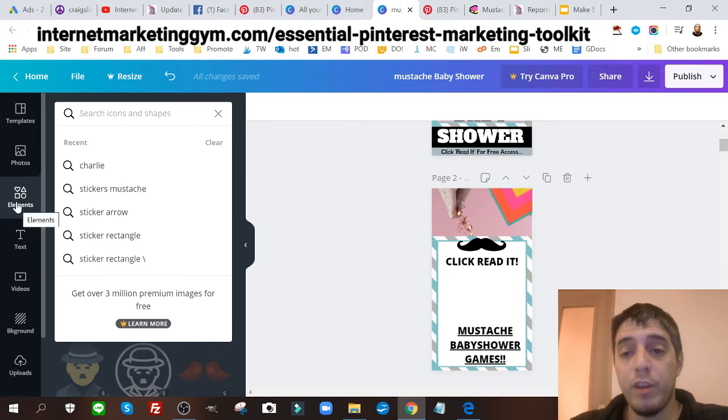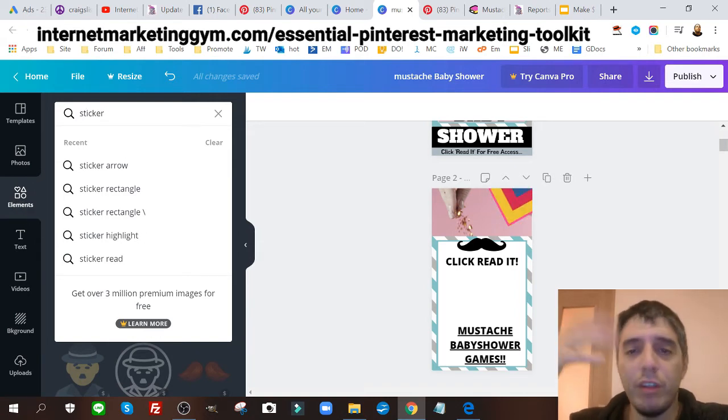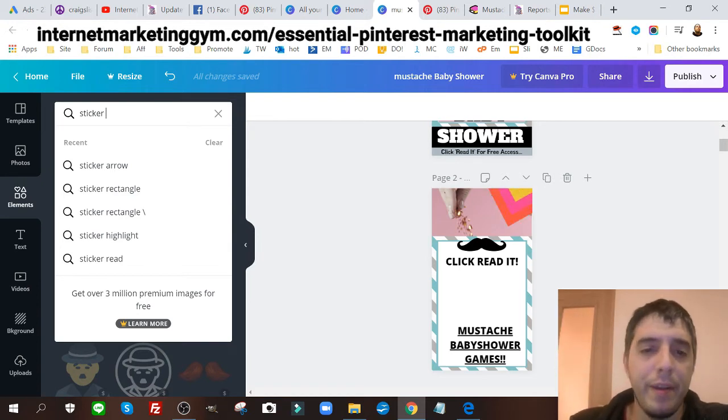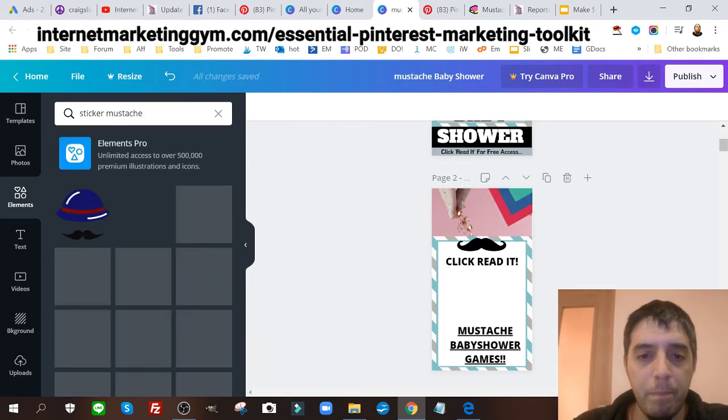I'm gonna use the bowler hat again. So I'm gonna go to stickers and just, you know, be imaginative, be creative. You want to grab people's attention at the same time, direct them to your value, to what you're offering, right? Mustache. Let me see what comes up.